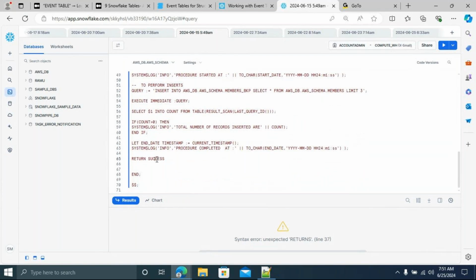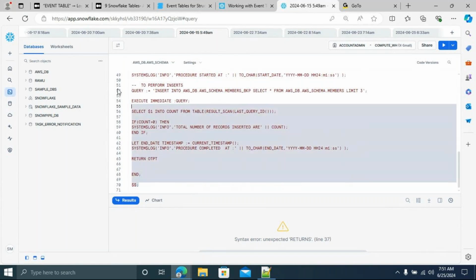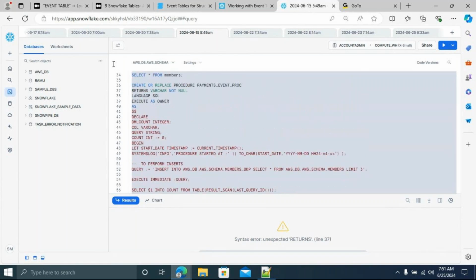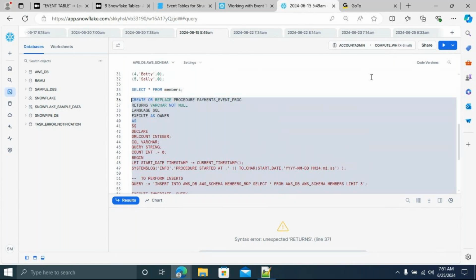Okay, we'll try with one handler. We have one handler called OTPT, and Teradata will use this OTPT. Let's give it a try. No, it's giving some other error for me, guys. Create or replace, it's correct.